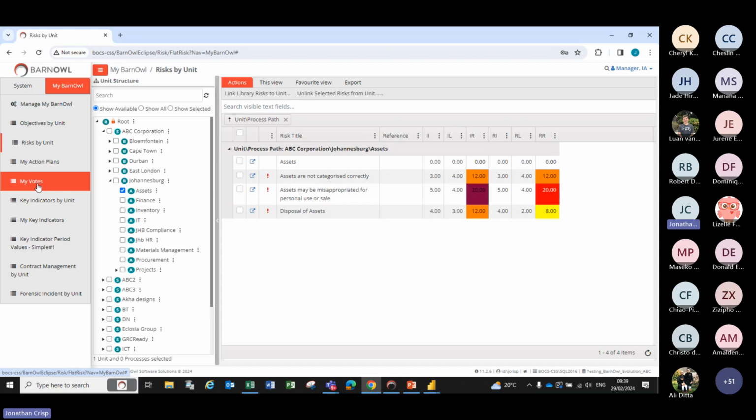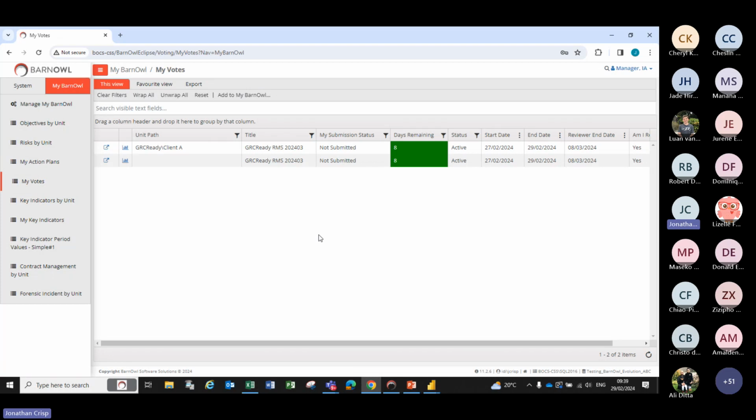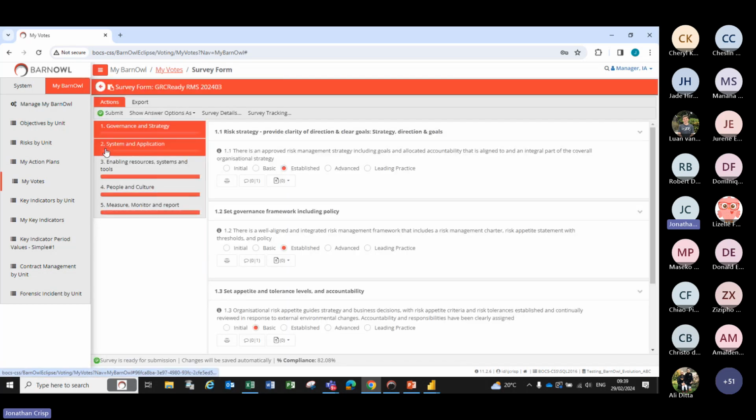So if I go to now my votes, I'm going to start there. And the major change we've made is on surveys. So I've got a risk maturity survey that's been sent to me. So I'm now one of the voters on this risk maturity survey. And you'll see I'm presented with a question or the category, governance and strategy. Here are the subcategories, 1.1. And then this happens to only have one question for this category, but 1.1 is the question, there's 1.2. And we've set this up just to have different